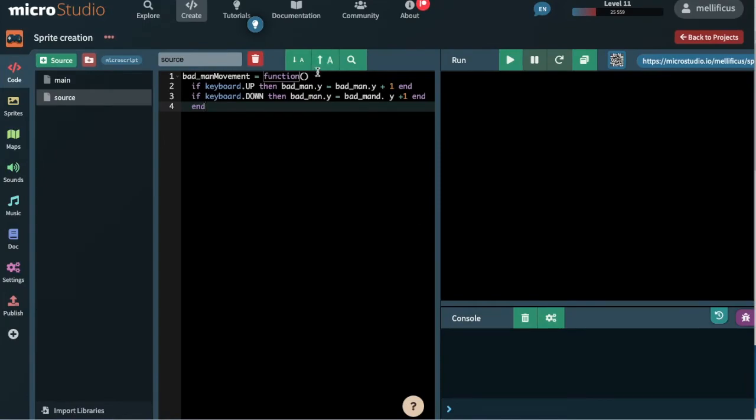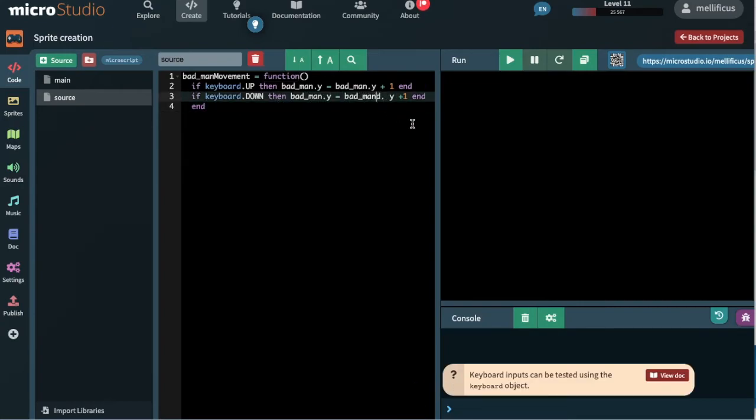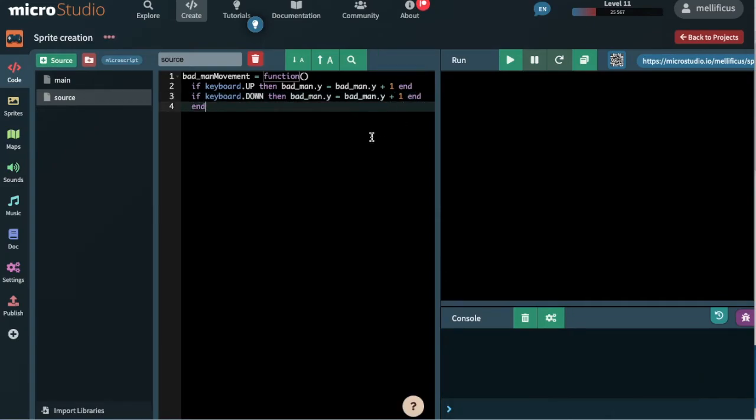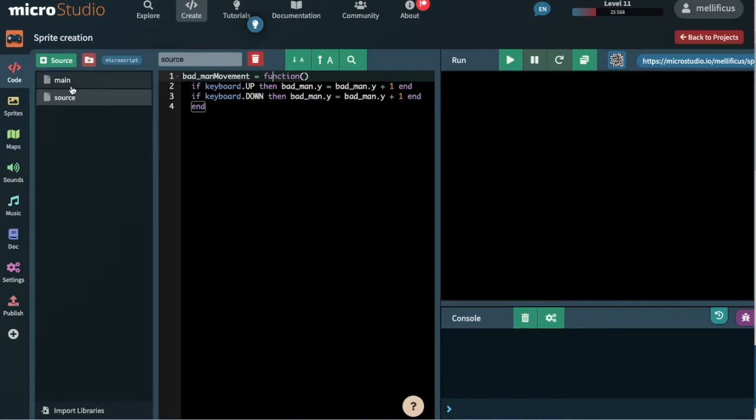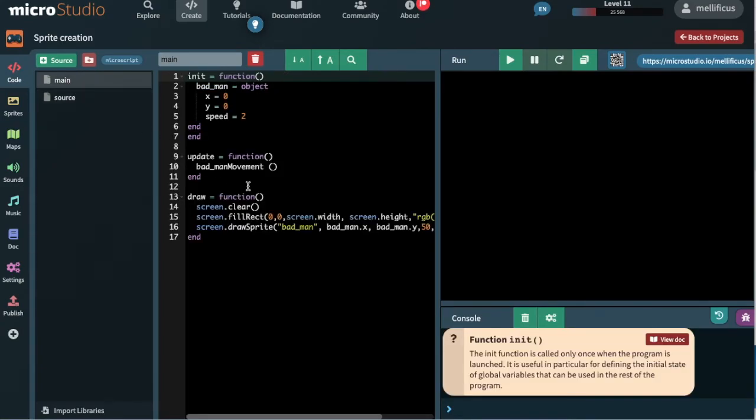Okay, so the thing about coding is you've got to make sure that everything's correct. And if you look across here, I've done several typos. So I need to cross-check. I very carefully run the cursor through, then right equals Badman. Okay, so it's badman dot y, I've got a space, I need to remove that, I need to put a space there. All right, so then I've got my ends, that end belongs to that, that end belongs to that, and then that end belongs to function, so we're all good. I go back to here. All right, so now if I press play,